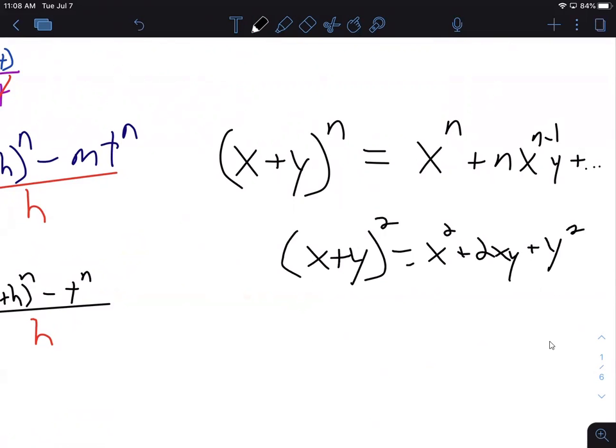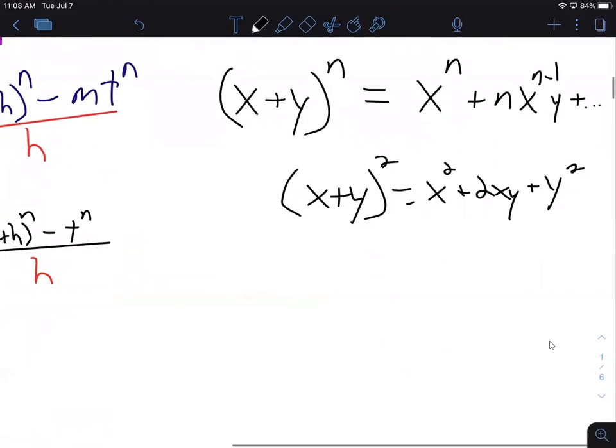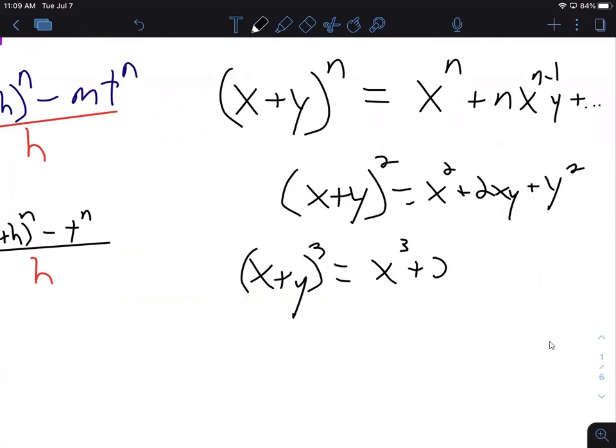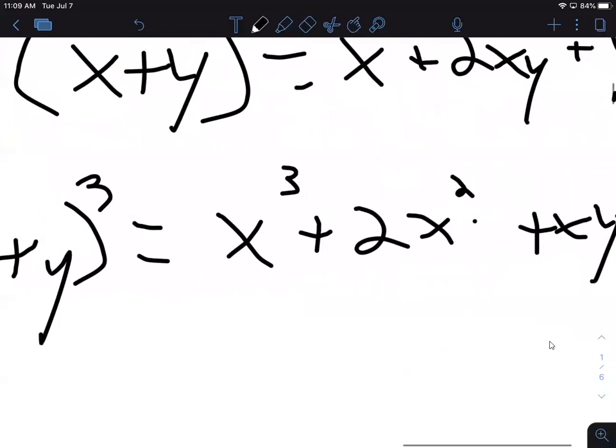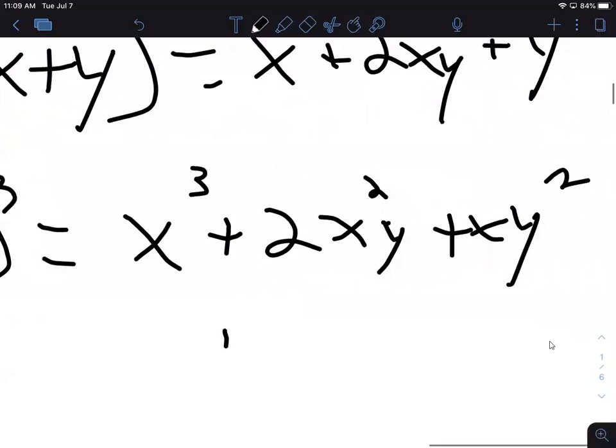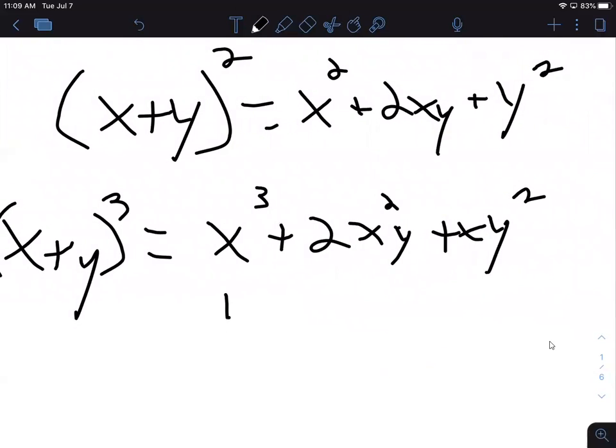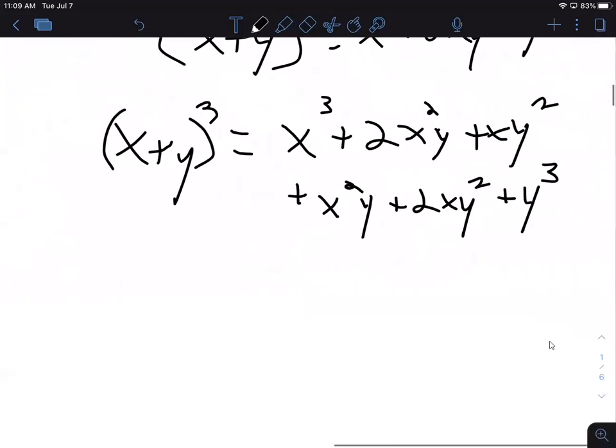Let's see, I threw in I did it cubed, so that would be x plus y cubed. Well, that's just this times x plus y again, so I get x to the third plus 2x squared y plus x y squared. A little quick here, let's fix that up a little bit. So that's all those things times x plus x squared y plus 2xy squared plus y cubed. And that's a little messy. We can combine some of these terms and we get